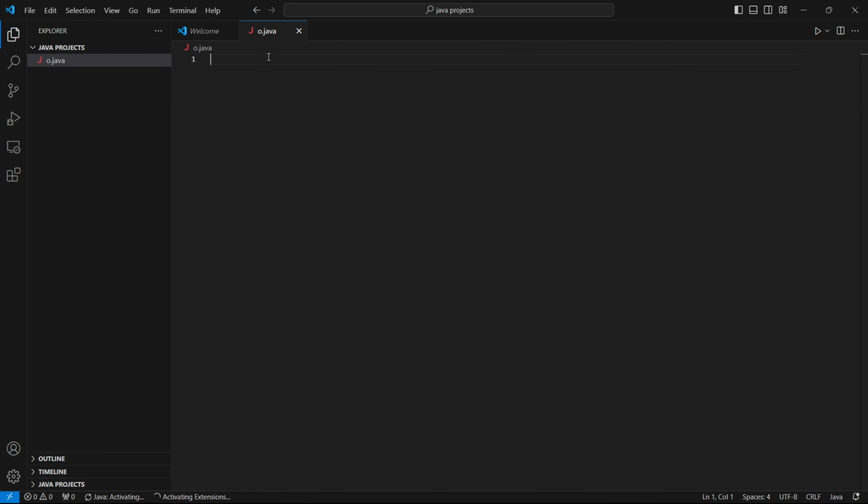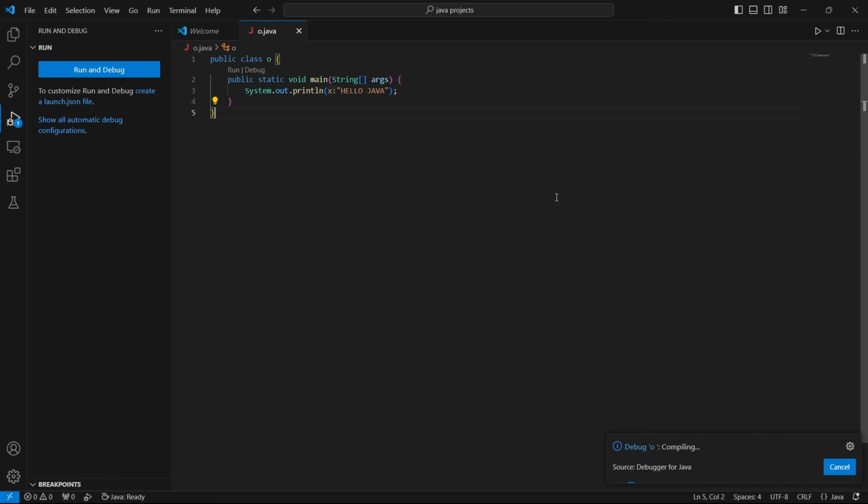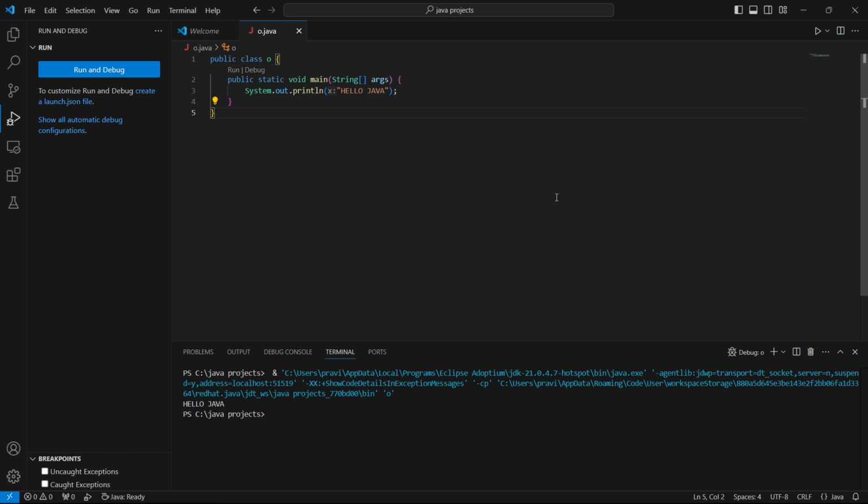So let's write the syntax of Java. Class O, and here we go, we wrote our first program. And we can run from here or click on F5 on your computer. This will simply run. So here it is,